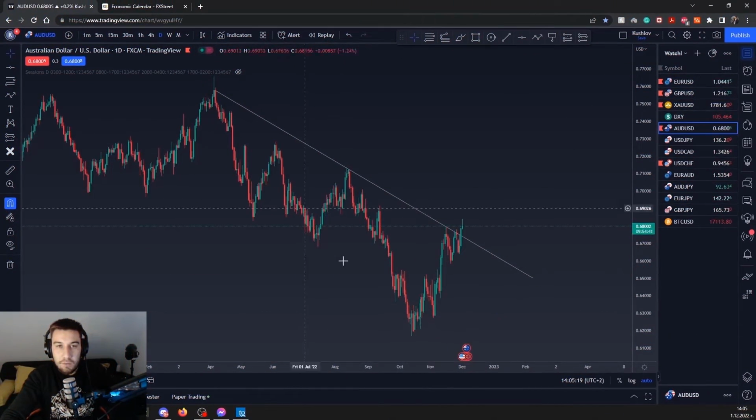Okay, so let's have a look at the chart. What we're looking at right now is the Aussie dollar on the daily time frame. You can clearly see that we've been moving in a downtrend for quite some time. Recently, we had this push to the downside, price breaking below the most recent low. It then gives us a pullback, and right at the end of the pullback is where we want to take